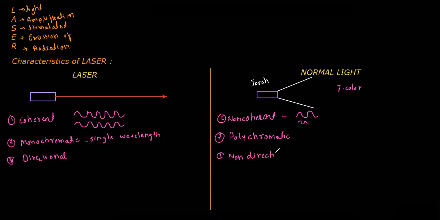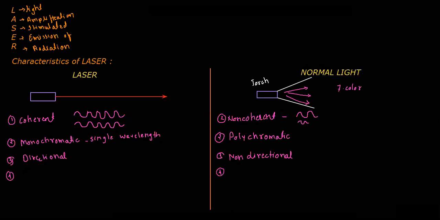Non-directional, which means, as you can see, it's red. So the light, whenever we turn on the torch, what will happen? Its light will be spread like this. Okay, so this is the third difference, and the fourth one, which is the most important, and that is the